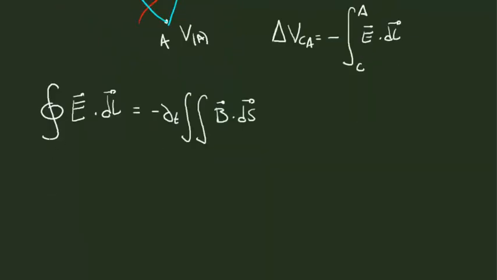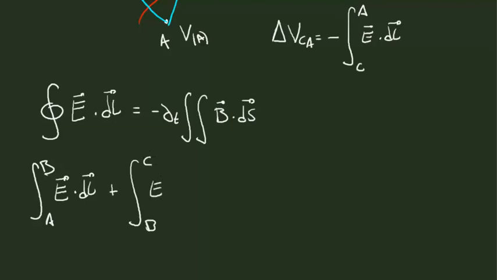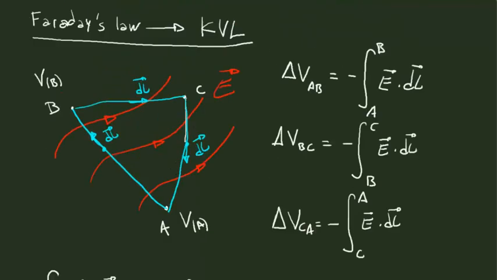So this closed integral can be written as the integral from A to B of the electric field dot dl, plus, this could be a dl1 but it doesn't matter, the integral from B to C of the electric field dot dl, plus